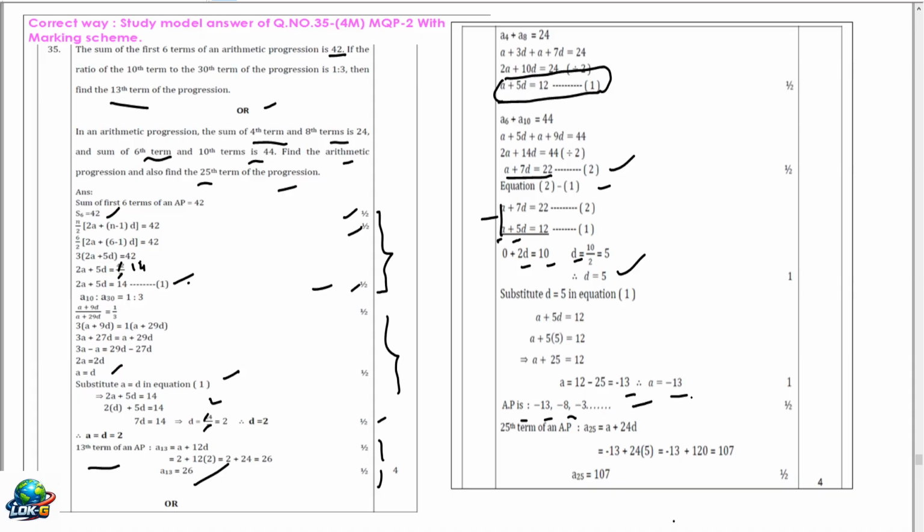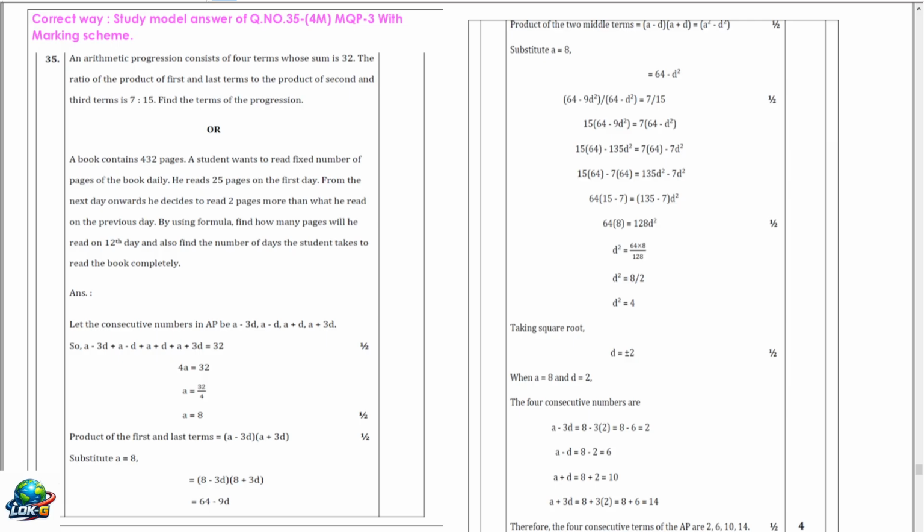Any 3 terms are sufficient. It is AP. And up to this you got already 4.5 marks. And the 25th term is A plus 24D. A is minus 13, 24 into 5 is 120. Minus 13 is 107. Therefore, the answer is A25 is 107. Like this you can score. Any one you choose and decide and solve the problem. Right? Next, question number,